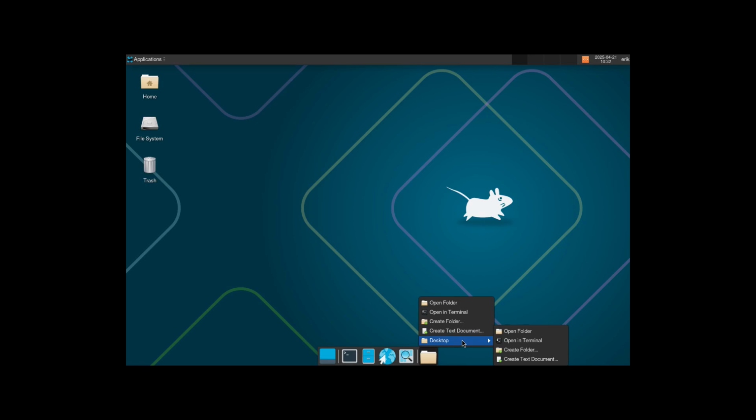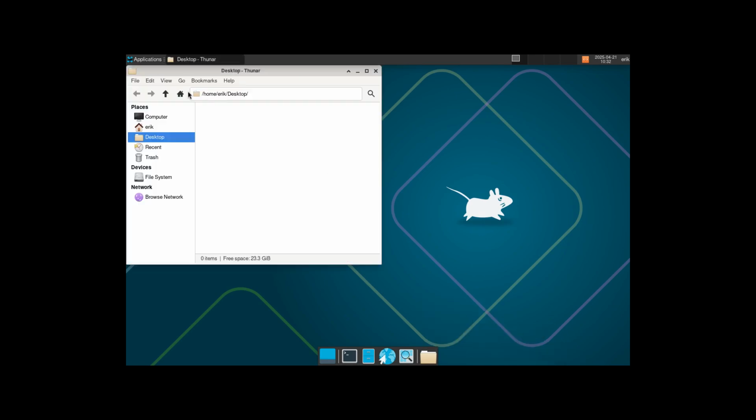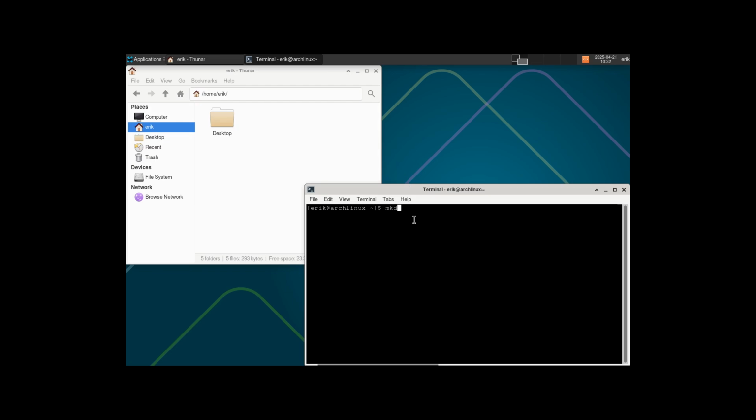Let's see if we have the folder data. We don't. So make me the directory data. CD into data and git clone https://github.com/erikdubois/arcolinux-nemesis. Hey, Git is not installed. We are pristine and the real Arch thing, right? So get me Git